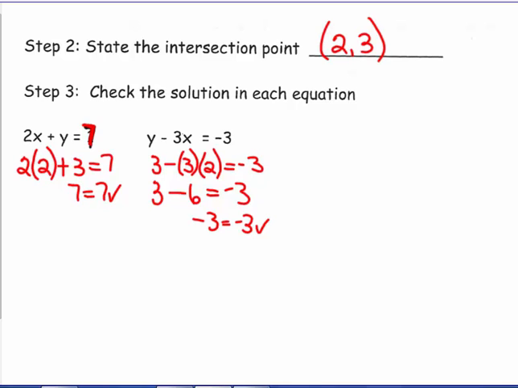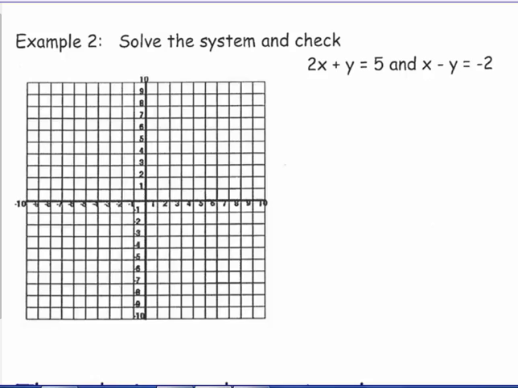So there's example 1. Example 2, solve the system and check. So yes, we are still going to do the full check. 2x plus y equals 5 and x minus y equals negative 2. So solving for y, you get y equals negative 2x plus 5, slope of negative 2, y-intercept of 5, and